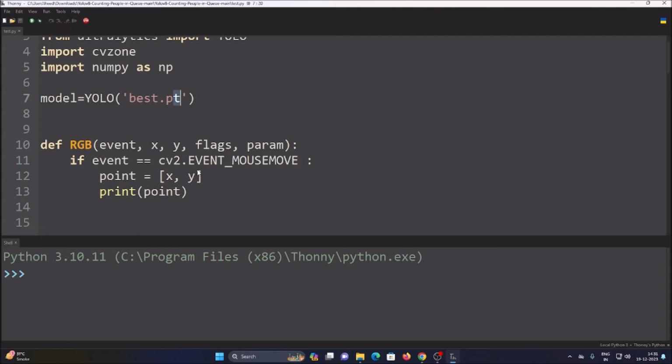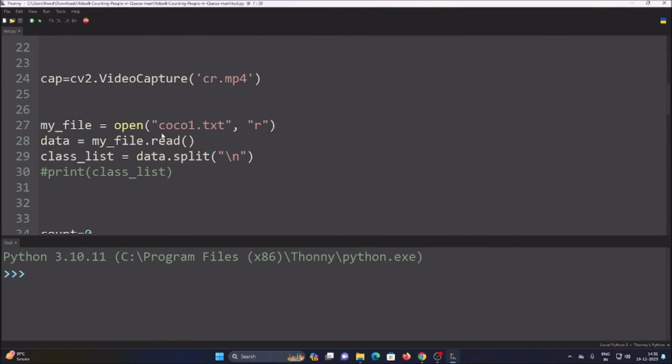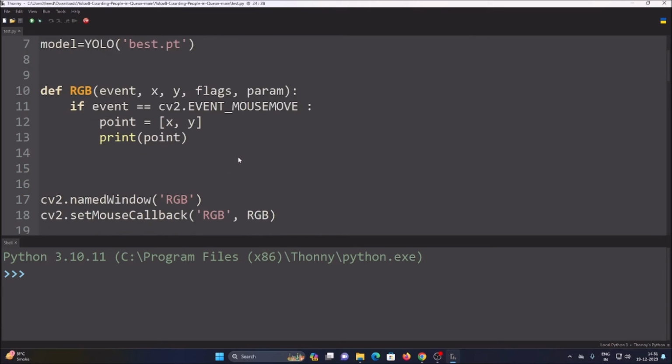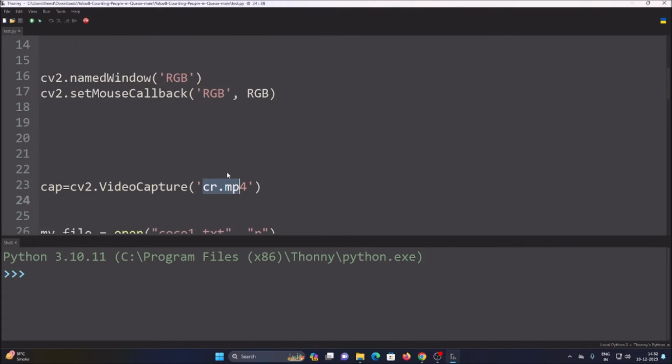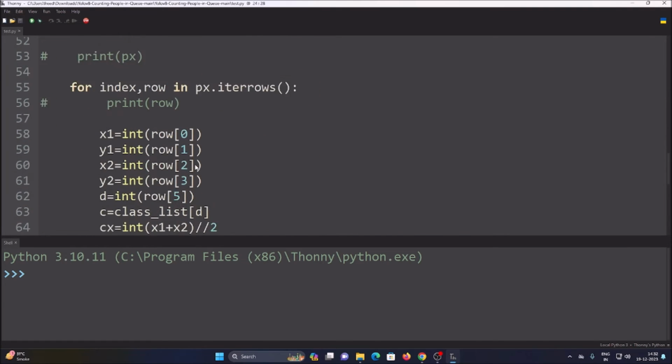If you don't know how to use YOLOv8 with Python and OpenCV, I have already created a playlist, watch the playlist, and then you will get the idea how to use YOLOv8 with Python and OpenCV. So in test.py, I have already mentioned the object detection basic code. Here it is, as you can see, coco1.txt, the text file which we just created, and then this is the video file name, and here we have best.pt, our model, then we have our detection method, and then we have